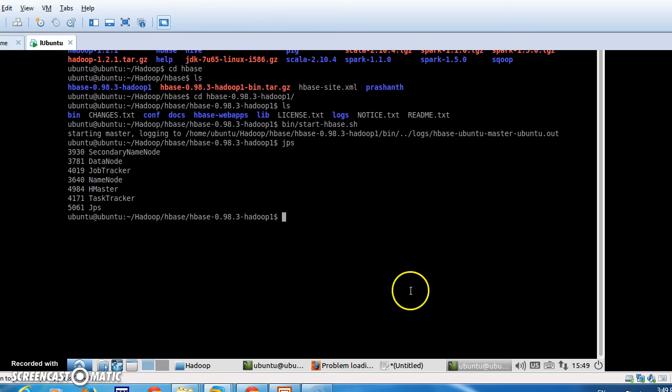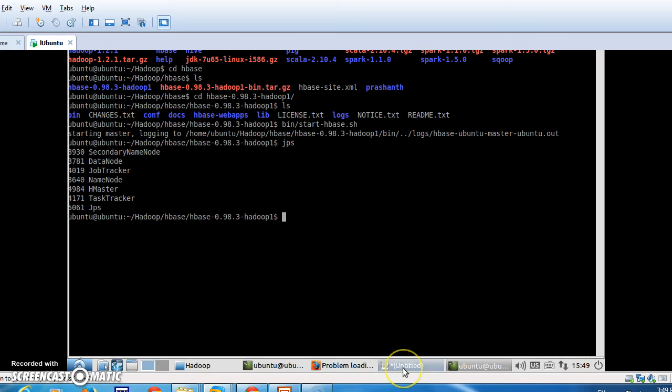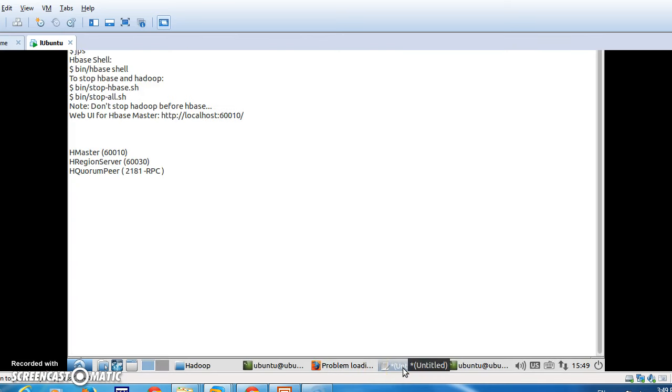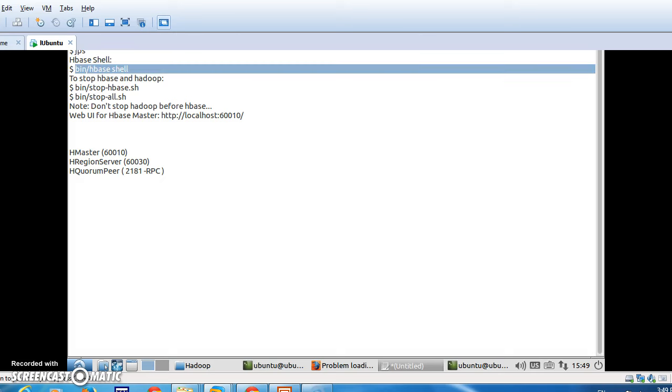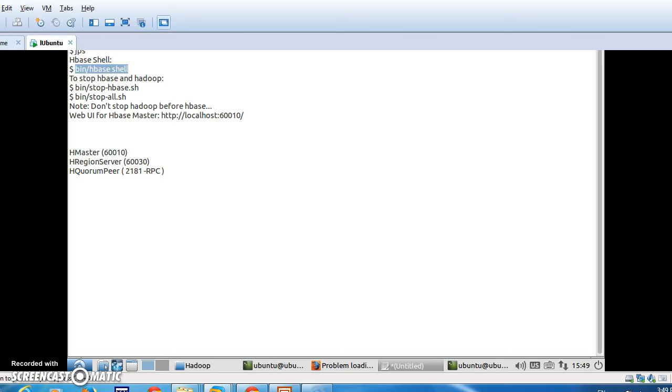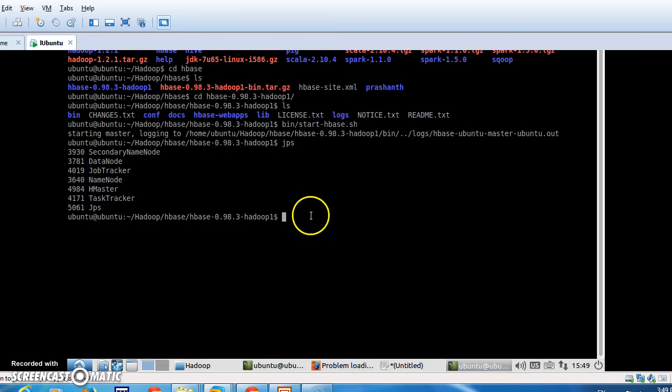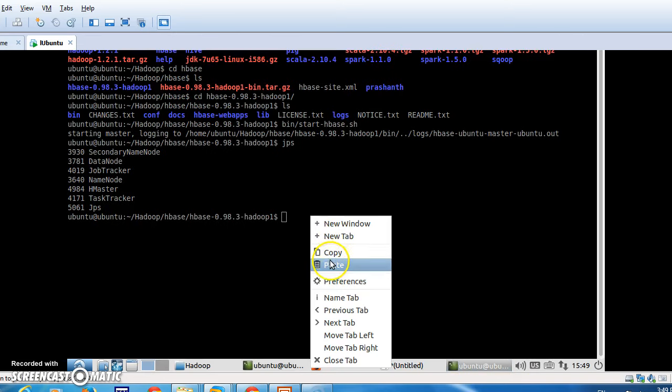Now let's move on to see whether HBase is started or not. We have to go to the HBase shell, where we can perform some operations on HBase.